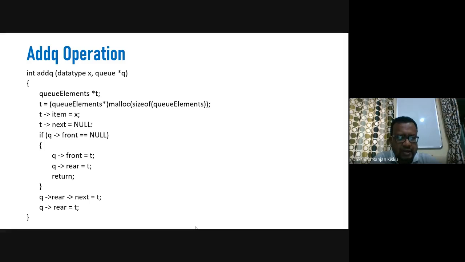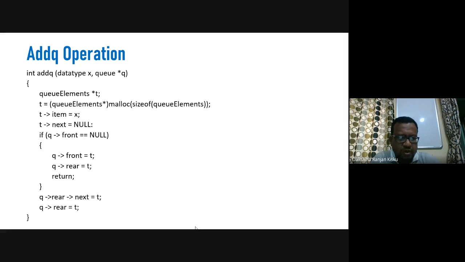Then we will check whether the queue front is found to be null or not. After creating a new node for the new data item, we check whether the queue front is null. By checking this condition, we check whether the queue is empty or not.